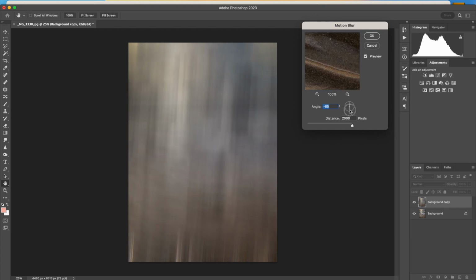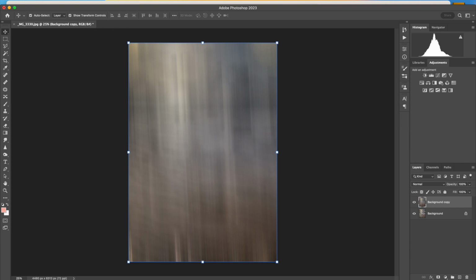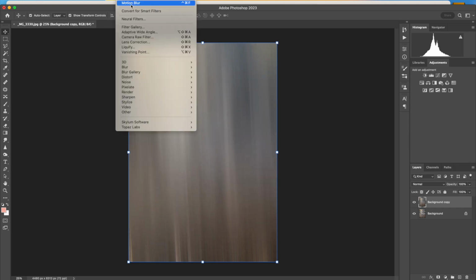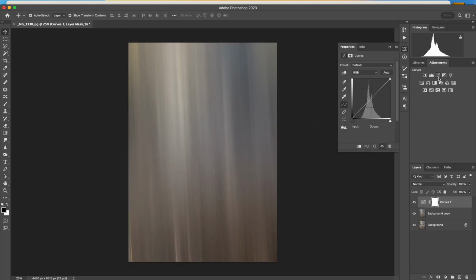And not quite again. This is fiddly. Trying this again. There we are. So if I click OK, now what I want to do is go back up to filter, motion blur, filter, motion blur. Right, so what I'll do now is I'll go back into the S curves, I'll select the shadow,